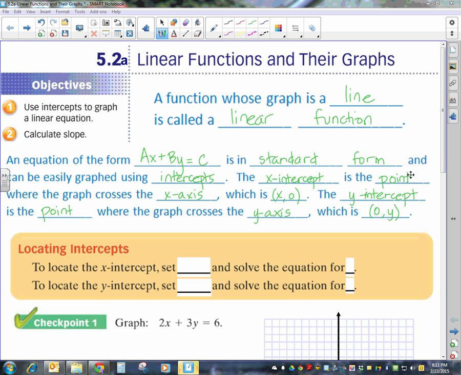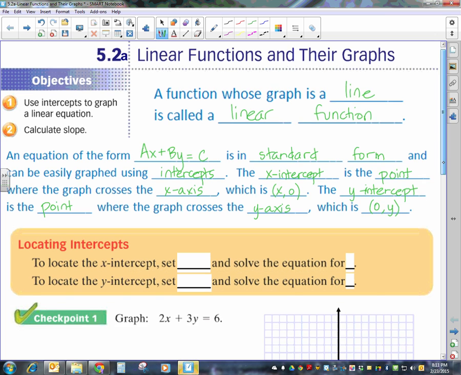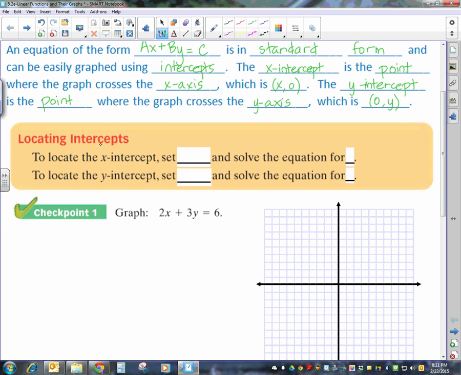But I want to emphasize that it's a point, but these points are what we're going to use to actually graph our line. So to locate the x-intercept, you set y equal to 0 and solve for x. To locate the y-intercept, you're going to set x equal to 0 and solve for y. So it doesn't matter which one you do first, but one of the things that makes it easier is if you will think about it: if you want to find an intercept, when you put 0 in for x, you get